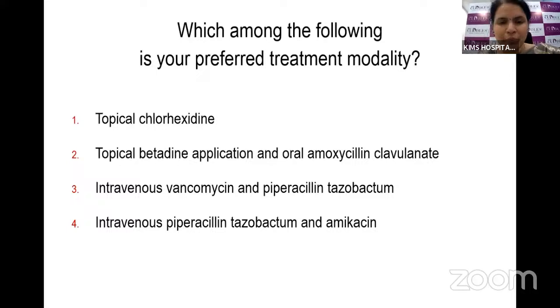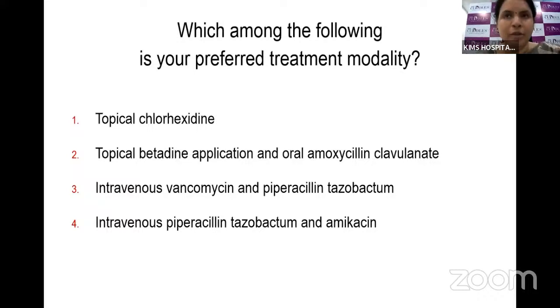So what would be our preferred treatment modality? Now, topical chlorhexidine or betadine application may have some role in relatively localized forms of omphalitis wherein the infection or inflammation may not cross more than 1 centimeter diameter around the umbilical stump and the baby doesn't have systemic signs of bloodstream infection. It is not going to be suitable in this baby clearly because this baby has obvious signs